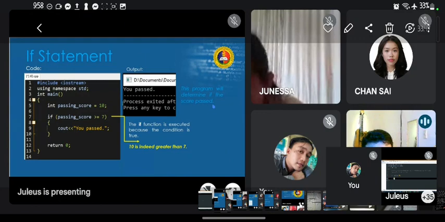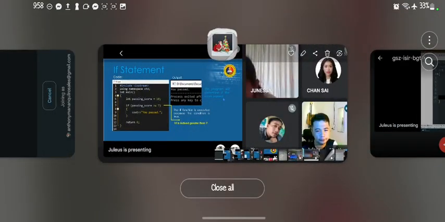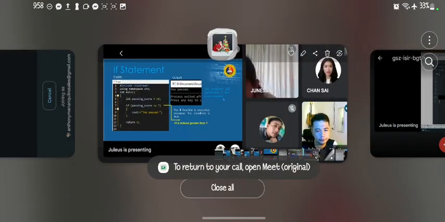Go ahead. If grade is greater than or equal to 75. All right, 75. Does everyone agree? Is this correct? Yes, sir. All right, let's try.